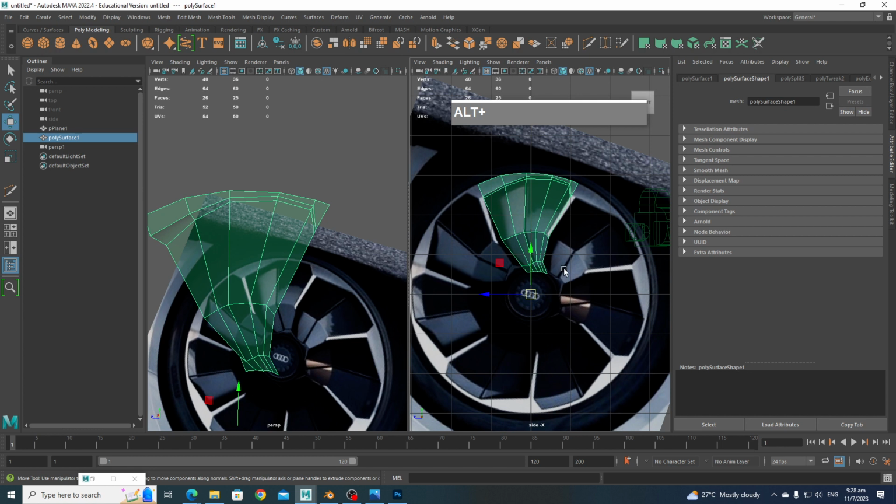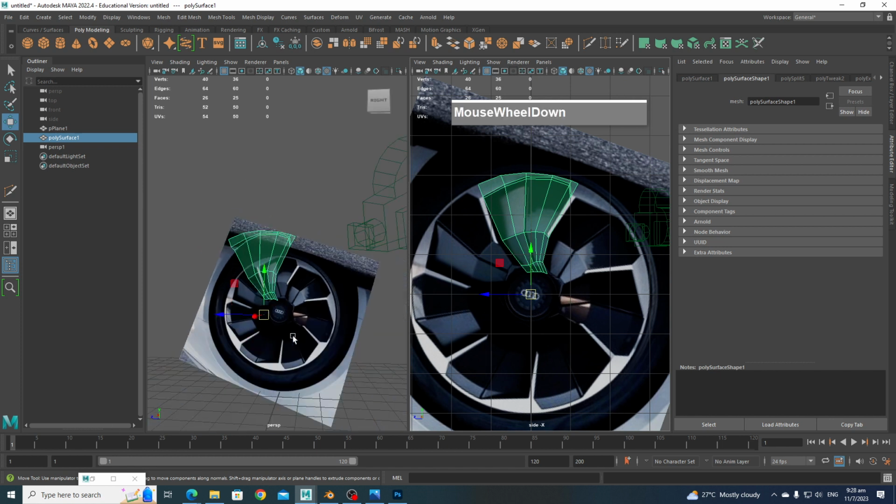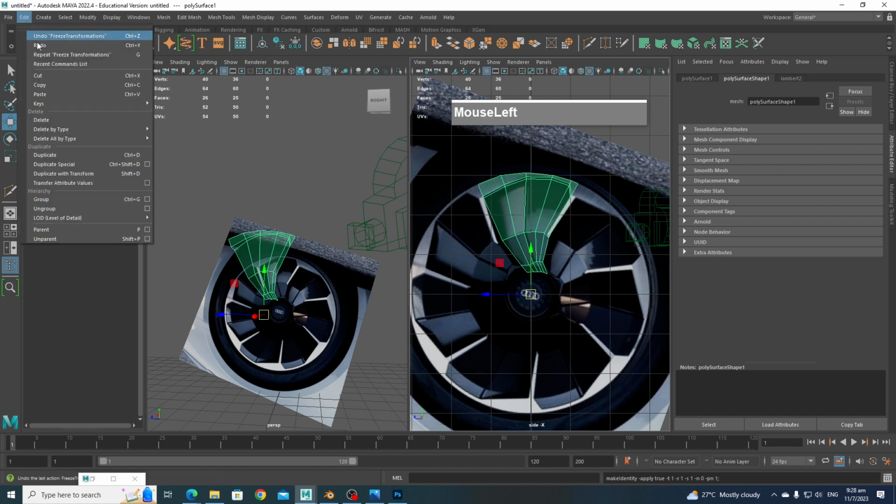Okay, and we actually could use the duplicate special now to create 6 more copies, including this one will be 7. So let's try that now. We're going to duplicate it along the x-axis. So first I'm going to freeze the transformation of this, delete history, and then freeze transformation, then go to edit, duplicate special,